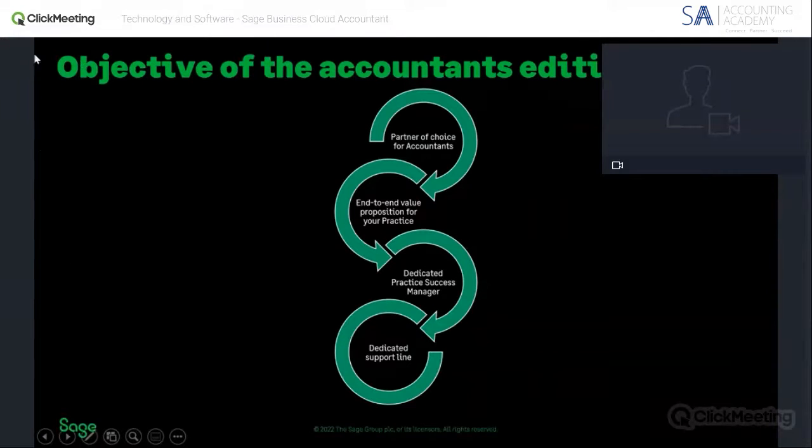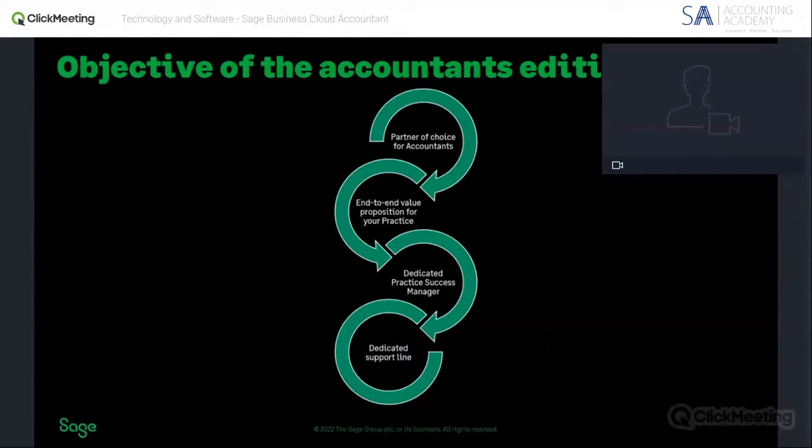So what are the objectives of the accountants edition and what exactly do you get out of this package? So the purpose of the session is mainly just to let you know about our accountants program, which is essentially a partnership that Sage has created for accountants. And through this partnership, we want to help you grow your business and help you create efficiencies in your day-to-day processing. So what is the accountants program, you may ask?